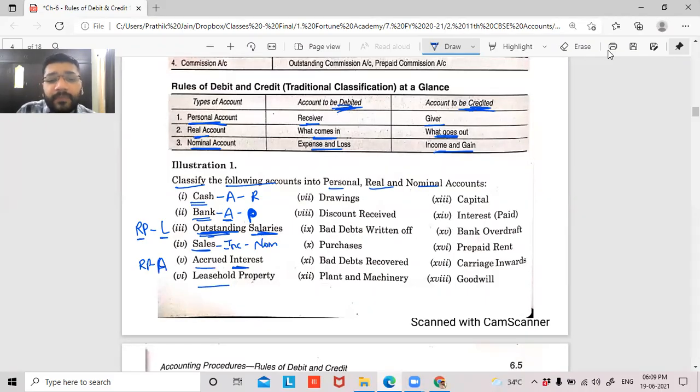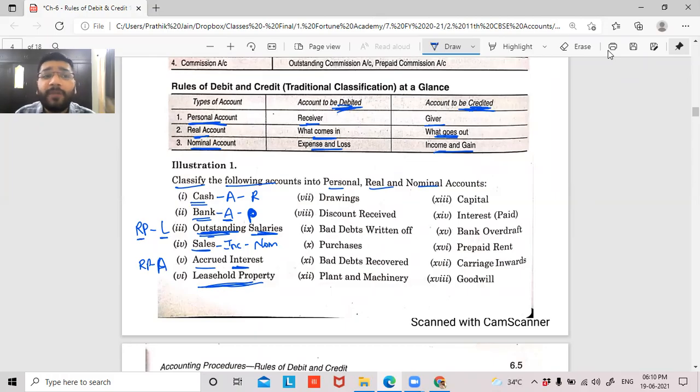Leasehold property. You have a property which is taken on lease. In Tamil, we say bogam. You have taken a property on bogam. That is basically you pay a lump sum, let's say 20-30 lakh rupees, and get that premises with you for about 5 years, so that you don't have to pay monthly rent. It's called leasehold property. So tell me, guys, what flavor do you get? Do you get the flavor of asset, liability, income, or expense? Property. Asset. Absolutely asset.